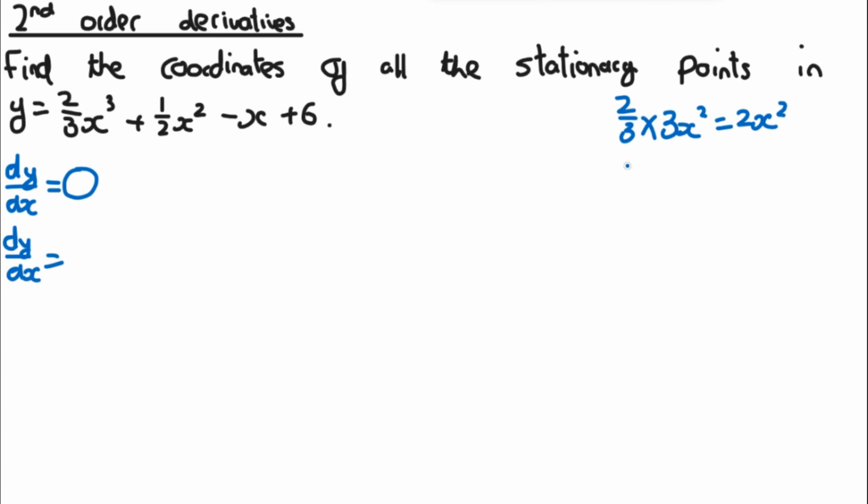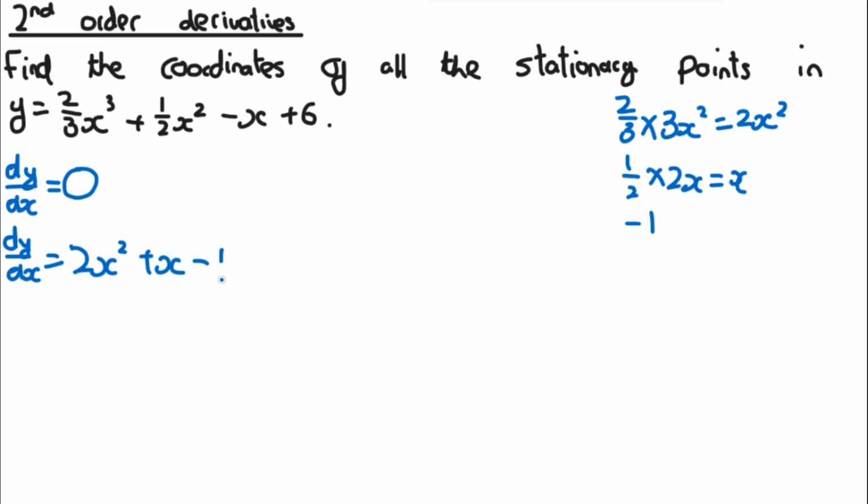Half x squared is going to be half times, and an x squared differentiated is going to be 2x, and this is going to be equal to x, and then minus x is just going to be minus 1, as when you differentiate an x term, the x just goes away and the coefficient stays, and then the constant at the end when you differentiate goes away. So dy over dx is equal to these terms added together, 2x squared